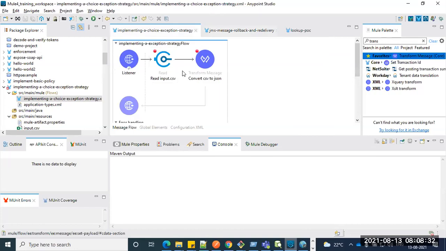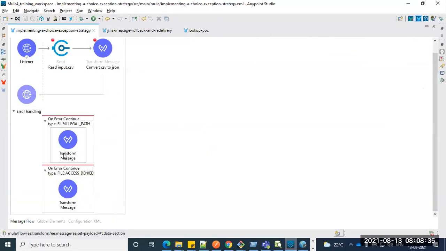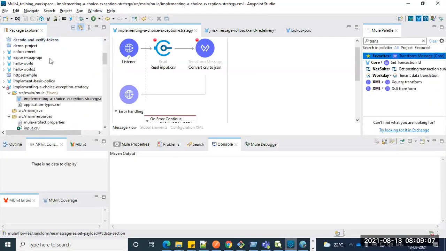If you keep multiple things here, it looks complex or clumsy, so as per best practices we should not keep it here. We should define it outside, in a global error handling as a separate configuration XML, and simply put a flow reference here. Using that flow reference, it will go there and decide which flow gets executed. So we have to handle it there. Appreciate you're going to cover that, right?